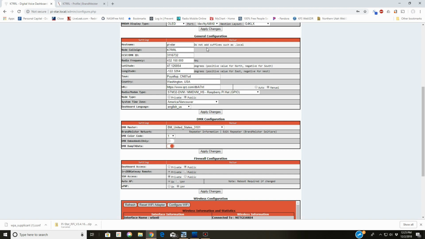Then into general configuration. The host name is Pi-Star on this one. I'm putting in a second hotspot, and I'm going to change the host name so they don't conflict on the network. My call sign, my DMR ID here. This is the frequency at which the hotspot transmits on. I just picked a simplex frequency. You can pick whatever you like. That was the one I picked, and I think I'll have the other one on a 100 kilohertz difference. My latitude and longitude, my town and locator ID, country, state of Washington, USA, my QRZ URL,